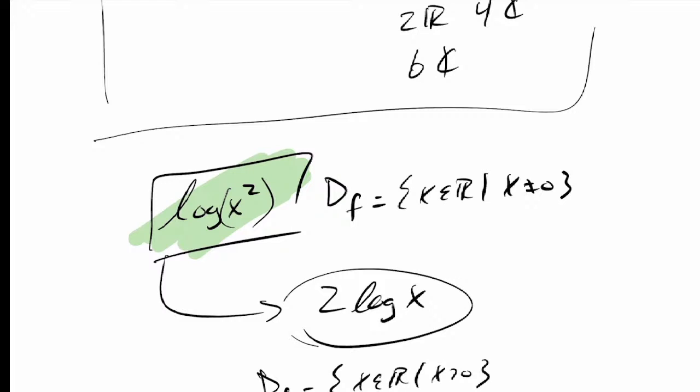The domain of your original equation, Abdullah, is always larger than the domain of your equation after your properties are applied. So you'll always have